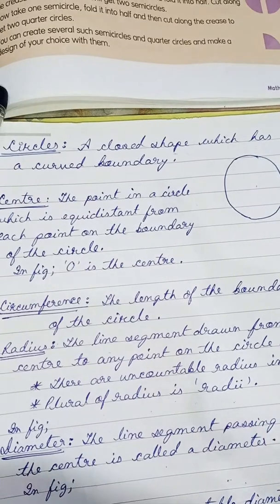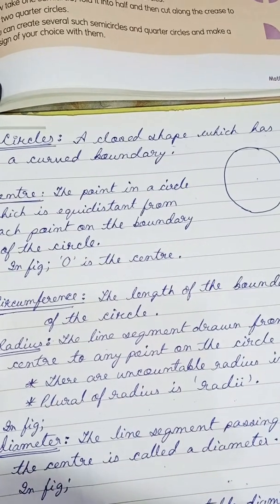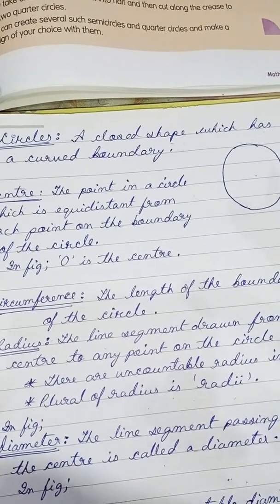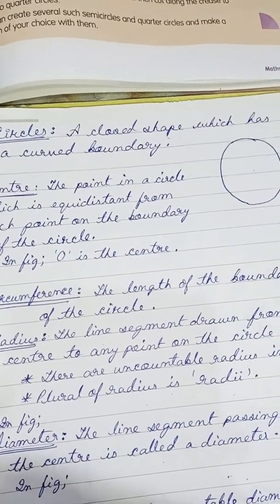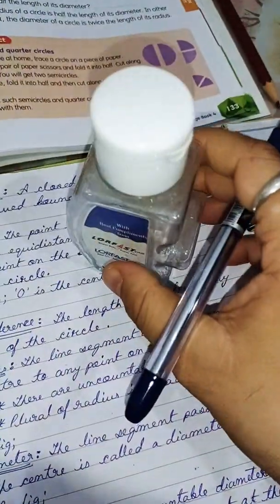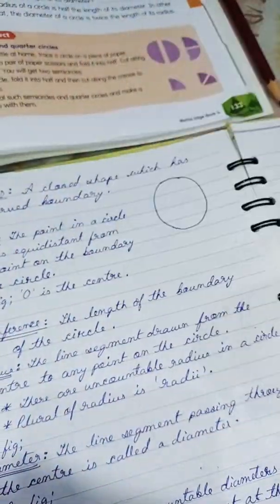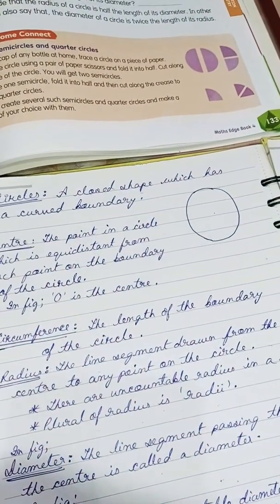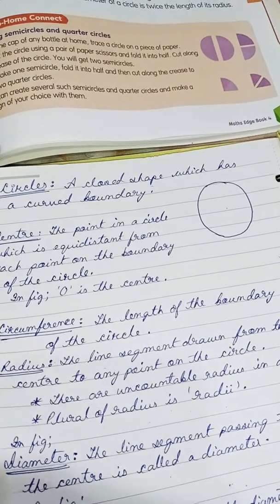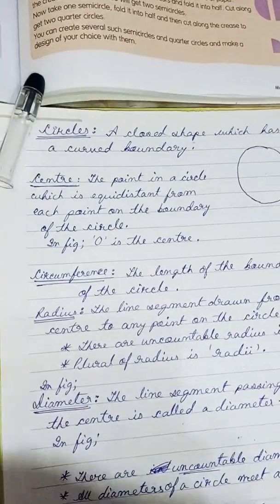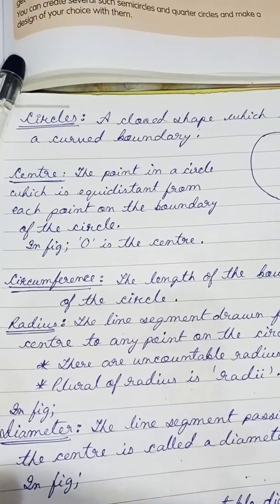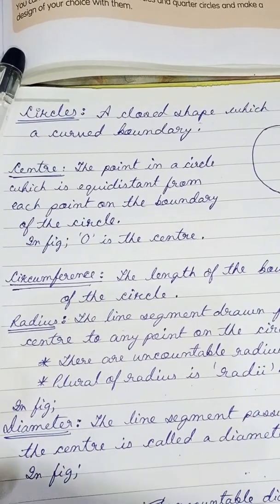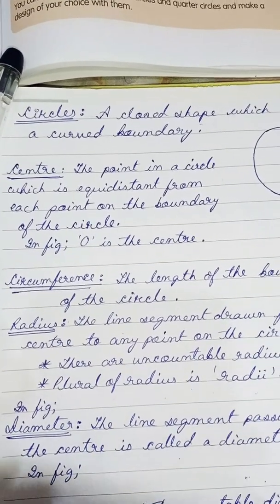So for now you can remember it like this: any closed shape which has a curved boundary is known as a circle. So examples of circle in daily life, you can take bangles, okay, the bangles that girls wear, or say the cap of your bottle. Say this bottle has a cap of circular shape. Then there are many things like the coin that we use, that is also of circular shape. So there are various things. So the clock, the wall clock, that is also circular shape. Even your wristwatch also may be a circular shape. So these are some examples of circle.